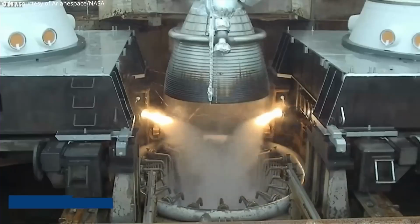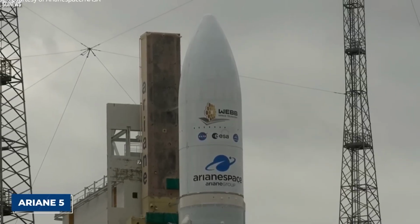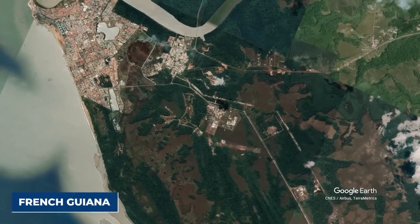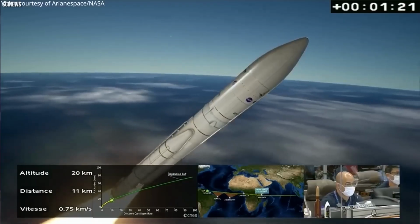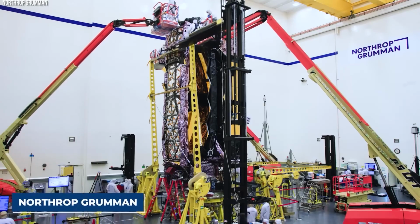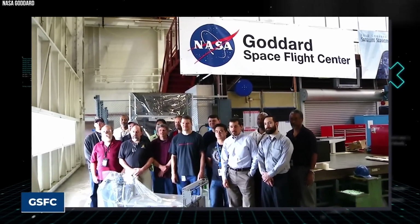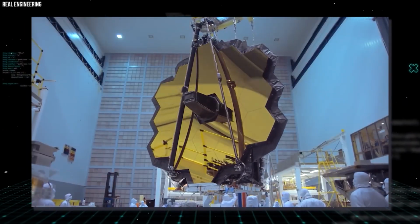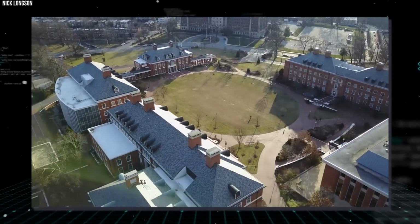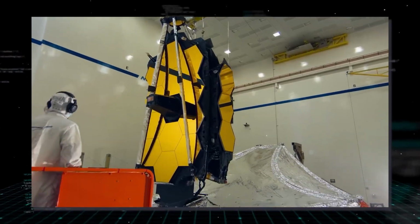technology. Launched on December 25, 2021 on an Ariane 5 rocket provided by the European Space Agency, the James Webb Space Telescope took off from Europe's spaceport in French Guiana on the northeastern coast of South America into space. The prime contractor on the $10 billion project was Northrop Grumman. At the same time, the NASA Goddard Space Flight Center (GSFC) in Maryland directed the telescope development, and the Space Telescope Science Institute in Baltimore, on the Homewood campus of Johns Hopkins University, oversees the operation of the powerful space